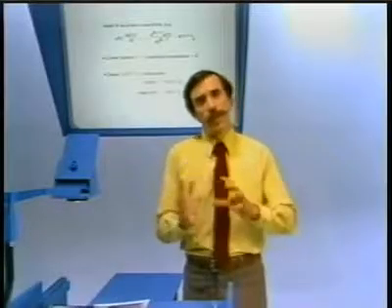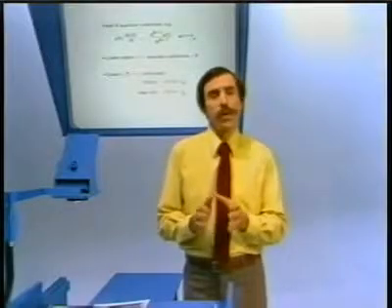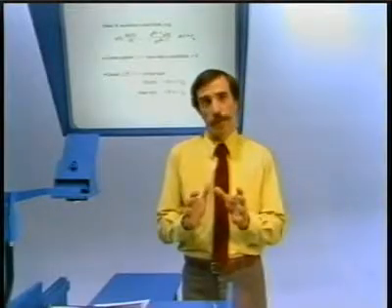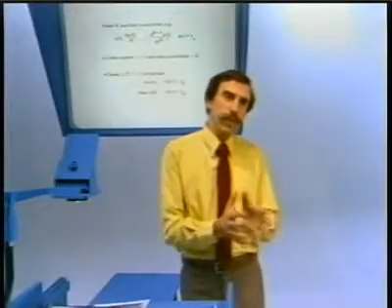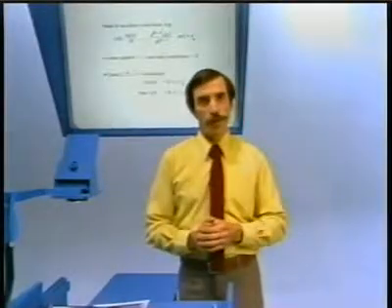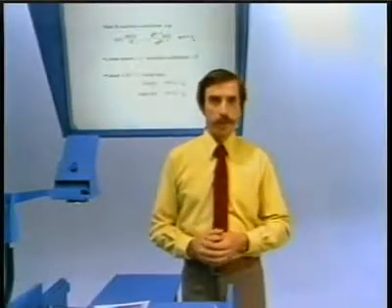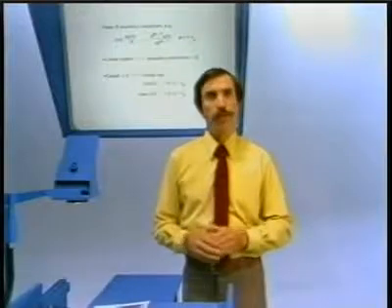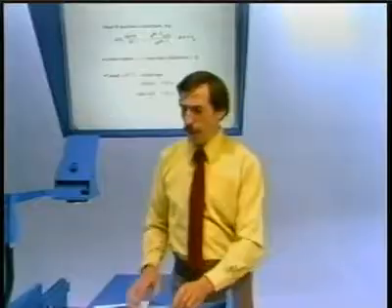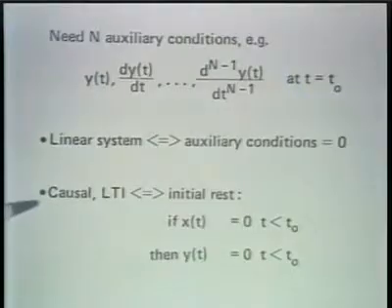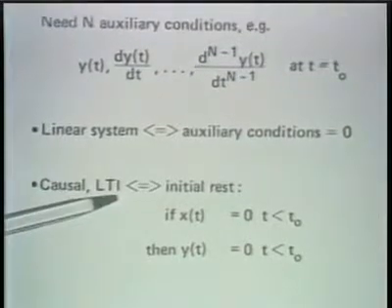And one can see the reason for that if we refer back to the previous lecture, in which we saw that for a linear system, if we put 0 in, we get 0 out. So if x of t, the input, is 0, the output must be 0. And so that, in essence, tells us that at least for the system to be linear, these initial conditions must be 0. Now, beyond that, if we want the system to be causal and linear and time invariant, then